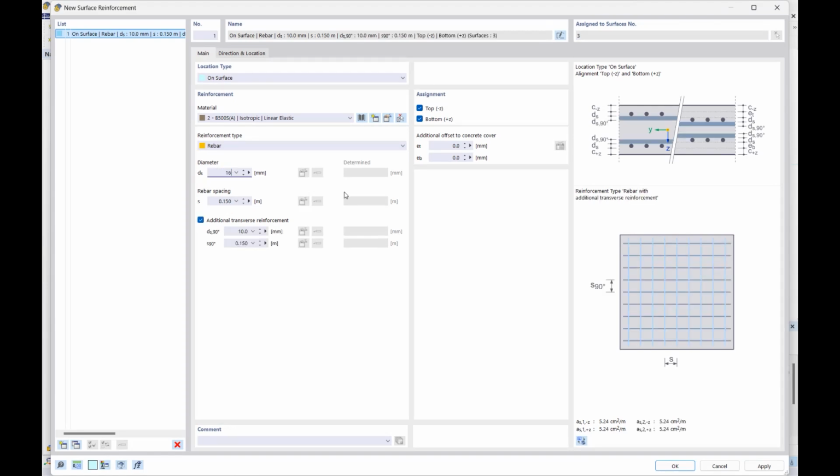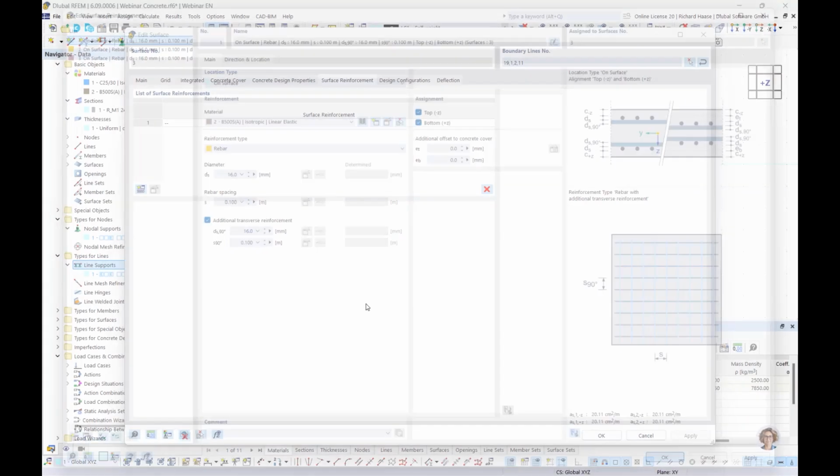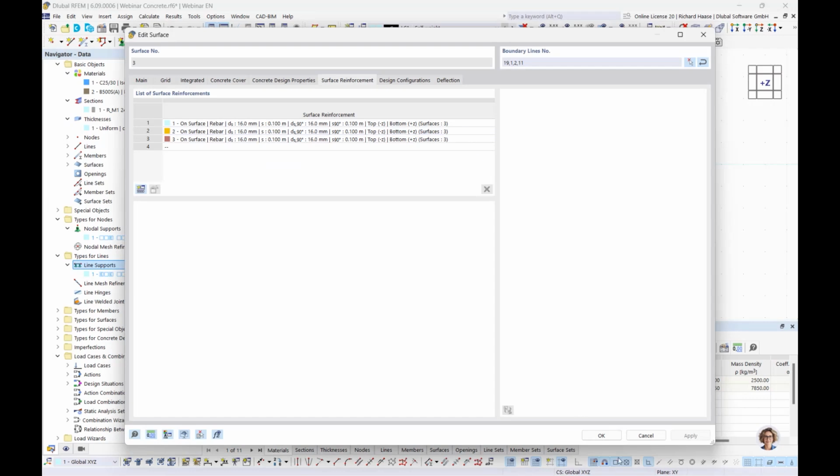So we take 16 diameter with a spacing of 10 centimeter. Okay, take copy 2 times. Okay, then